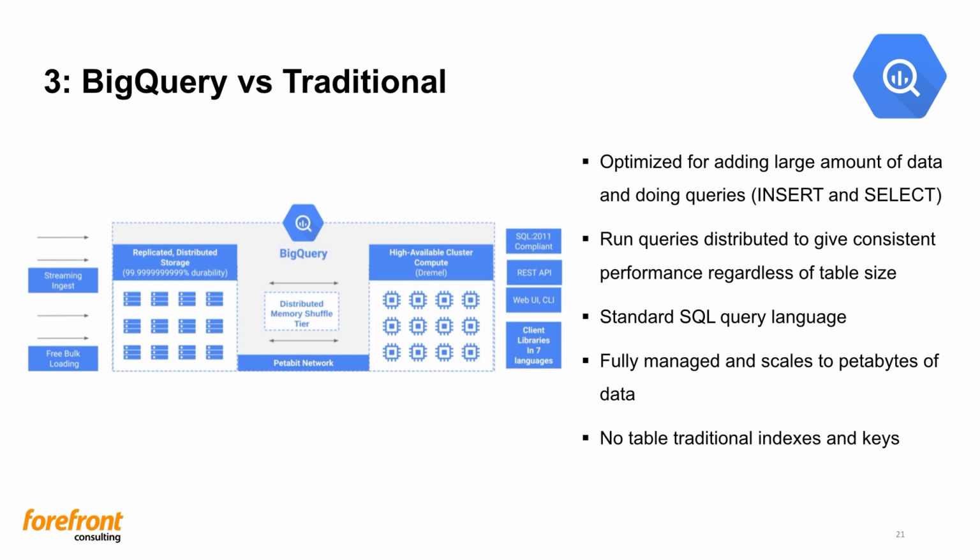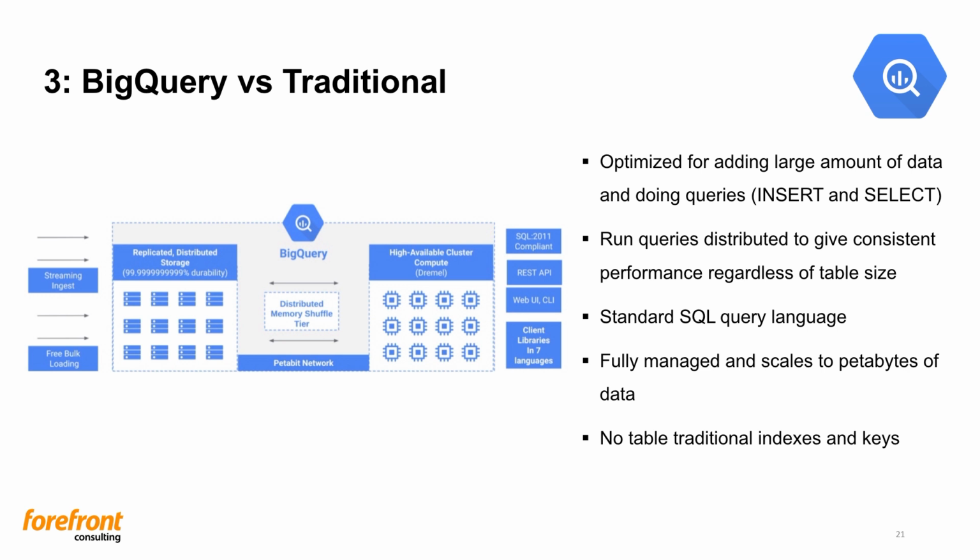But the key thing is that BigQuery doesn't slow down when you add more data. And this is because it takes your SQL query and converts it into a job that it can then distribute over the Google infrastructure on many nodes. And then it can collect all the results into a new table. And that gives you a consistent performance without the need for traditional indexes.